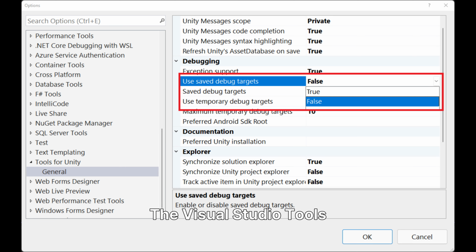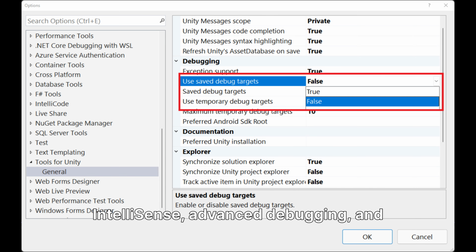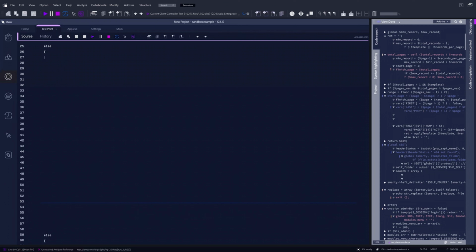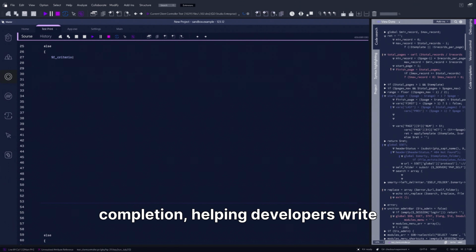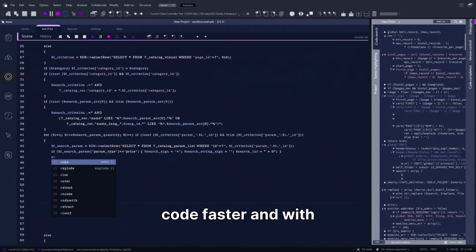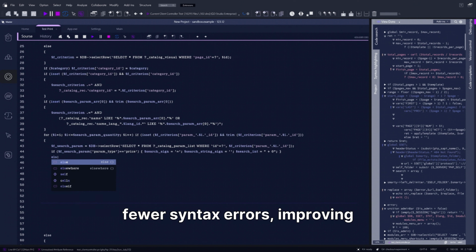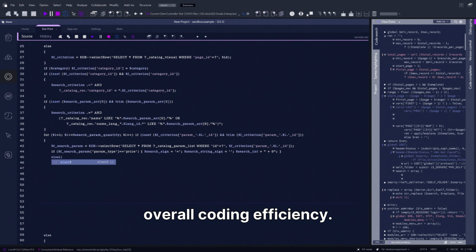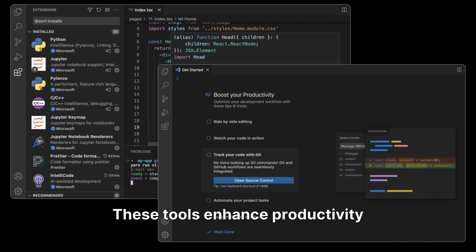The Visual Studio Tools for Unity, or VSTU, provides powerful features like IntelliSense, advanced debugging, and efficient code navigation. IntelliSense offers smart code completion, helping developers write code faster and with fewer syntax errors, improving overall coding efficiency. These tools enhance productivity by allowing developers to write code quickly and with greater precision, minimizing errors and speeding up